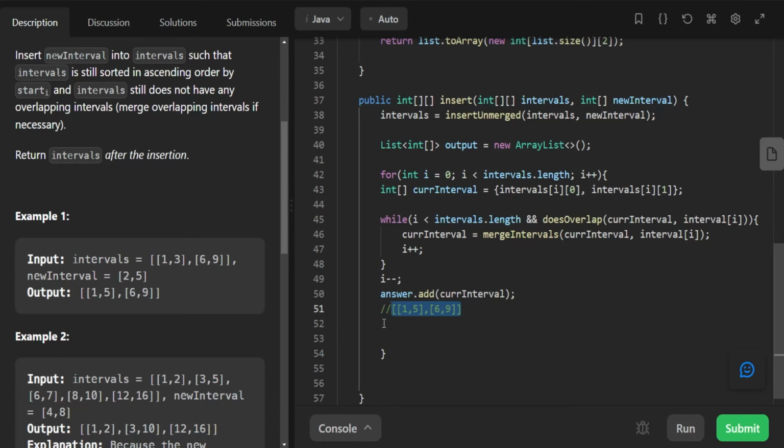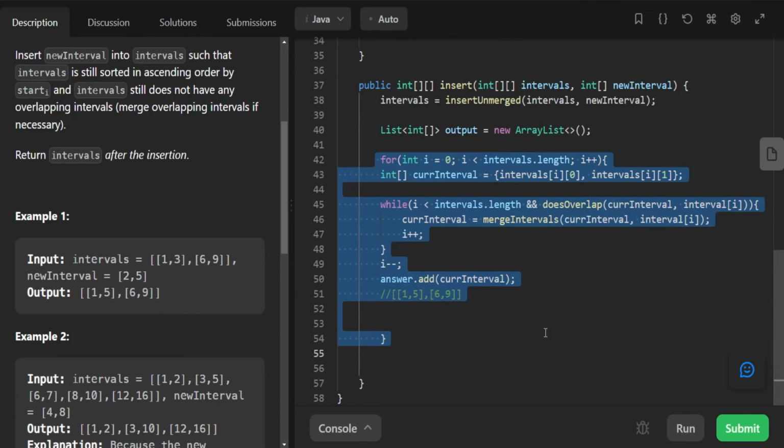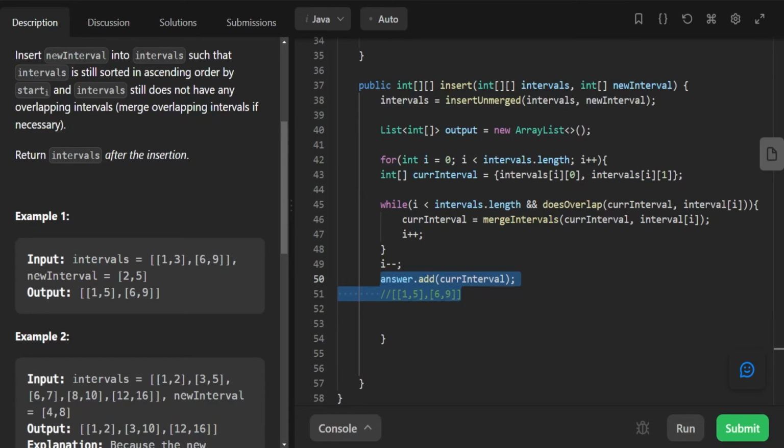So I is equal to 2. It hits this. It increments I. I is now equal to 3. It checks against this. Is 3 less than 3? It's not. So this for loop breaks. And we have the correct answer. So all we have to do now is return